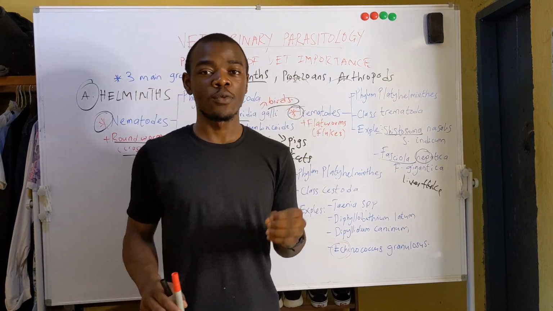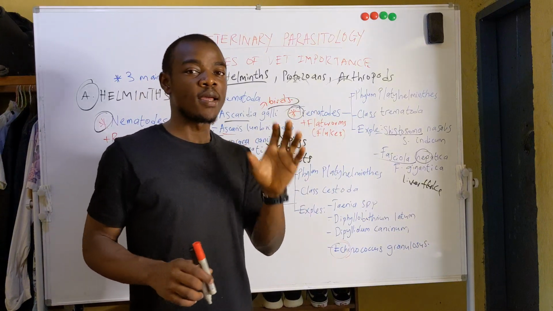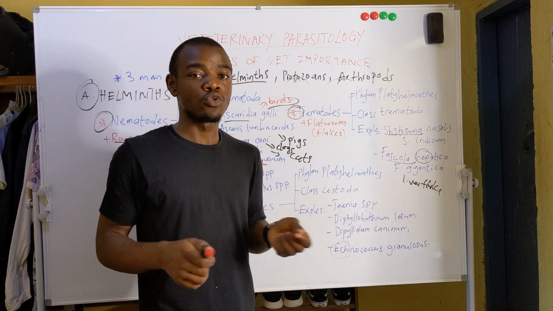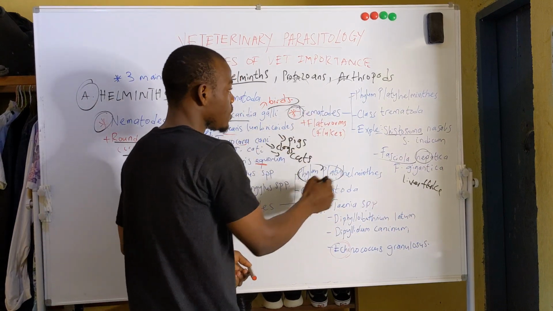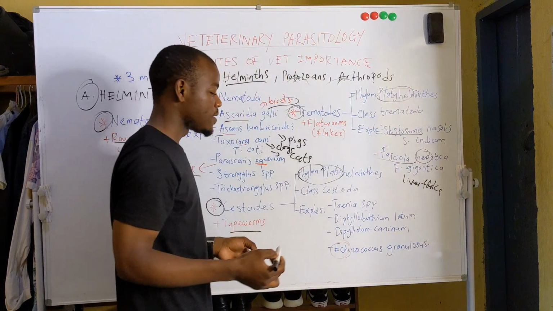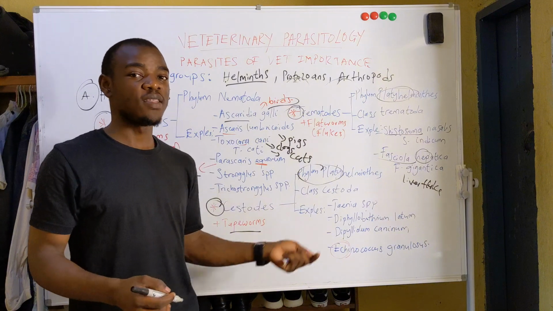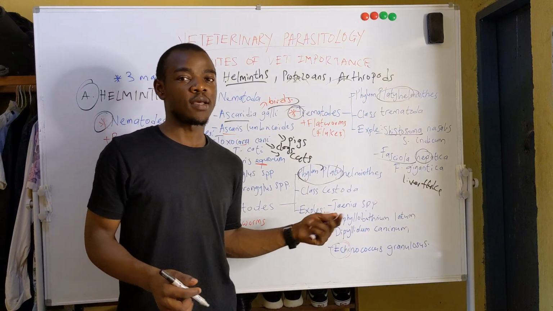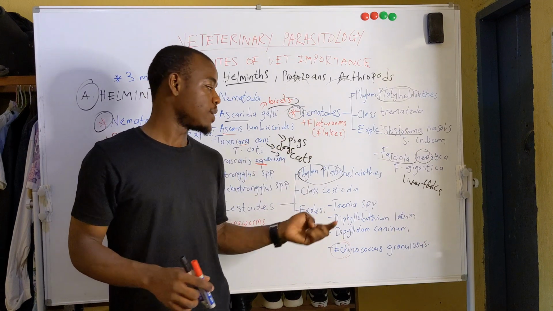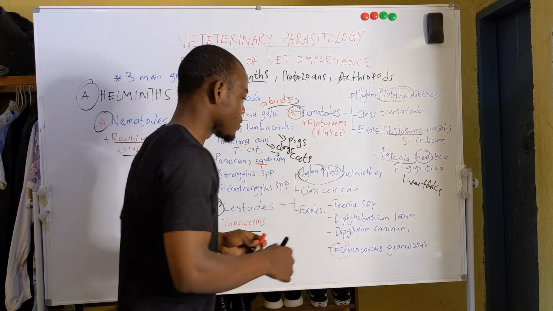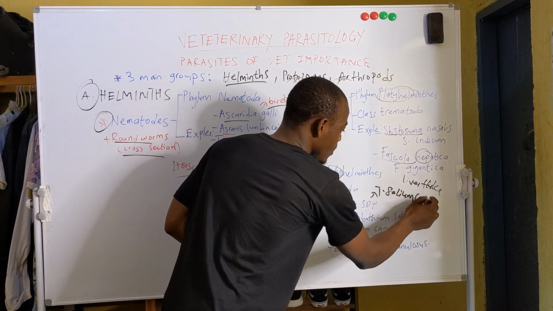Now let's dive into the cestodes, which are the tapeworms. They are called tapeworms. Why? Because they are like the measuring tape used to measure length. The tapeworms are in the same phylum as the trematodes, phylum Platyhelminthes, under the class Cestoda. Now the key examples, we have the Taenia species. Under this genus, we have Taenia solium if the definitive host is the human and the intermediate host is the pig, and Taenia saginata in cattle. So you could have Taenia solium in pigs,